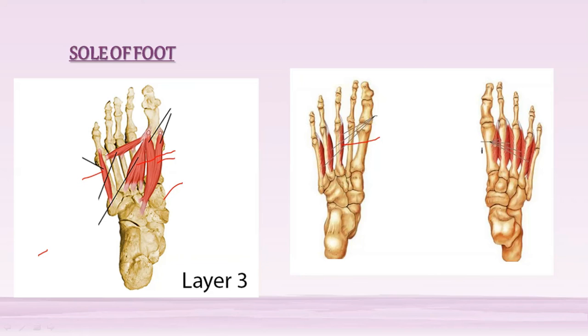This is the first dorsal interosseus, which is inserted on the medial side, whereas the remaining three insert on the lateral side. Clear? So there are four dorsal interossei arising from the adjacent metatarsals, but you just have to remember that the first one inserts on the medial side of the second digit, whereas the remaining three insert on the lateral side of the second, third